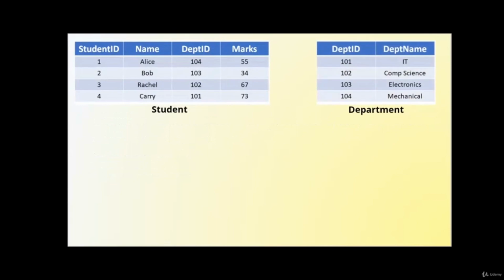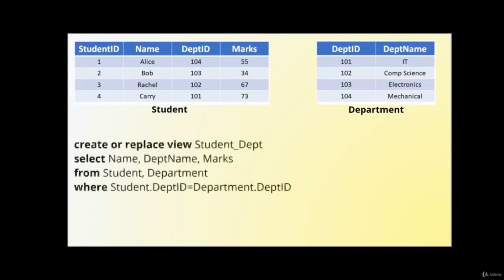Now earlier we created a view named student_department. In that table there were two columns, name and department name. Now if I want to add an extra column to it, marks as well, in that case, I'll write the query as: if you want to create a new view, then you will use the create keyword, or else if you just want to replace it, you will use the replace keyword.